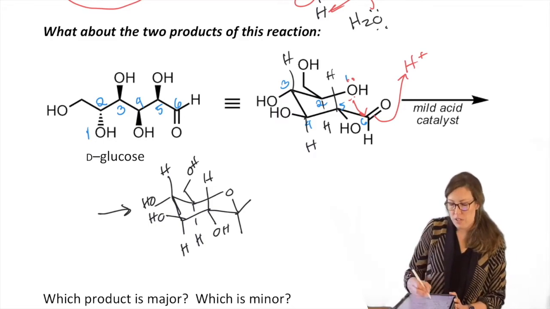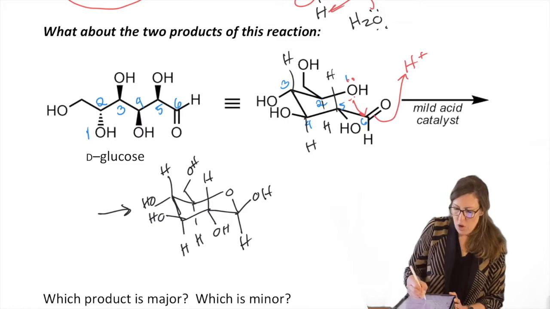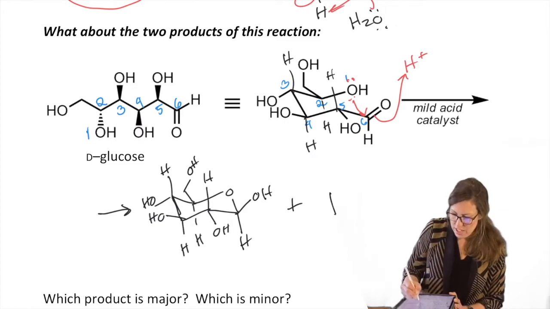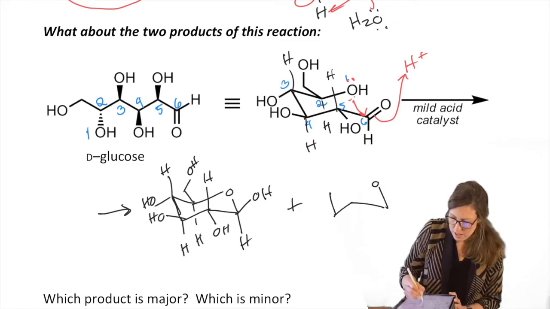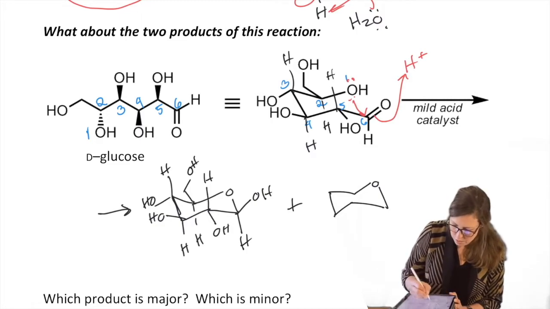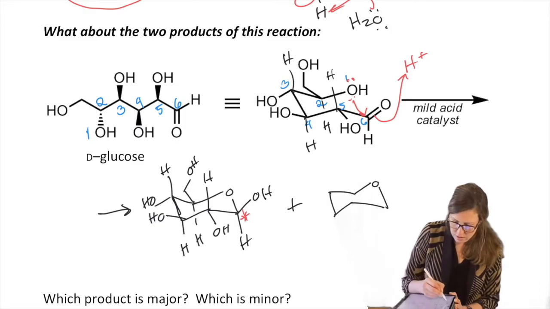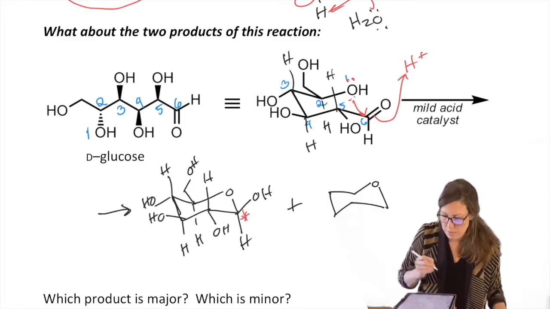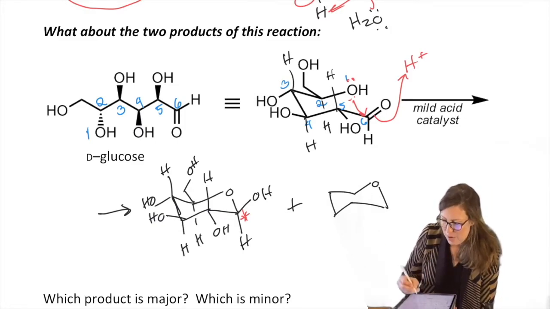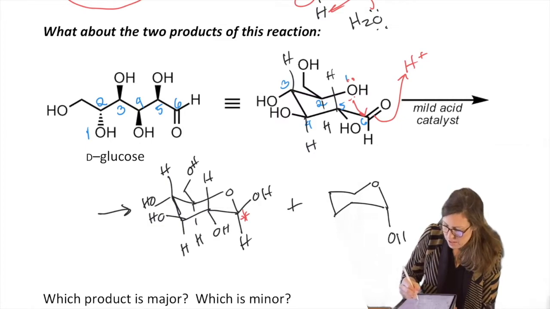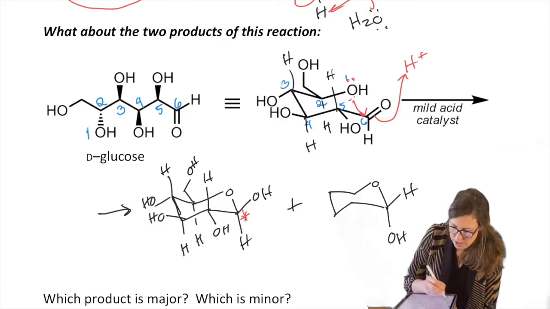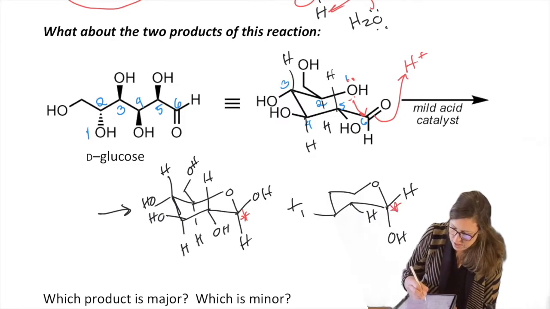Because we attacked, we don't know if we have this one or, let's draw the chair again. Don't worry, it's exactly the same except for that one carbon. So I'm going to put a little star here. Okay, so they're all stereocenters, but I'm asterisking that one for a reason. So we're going to have the opposite scenario there, just to make sure we do that right. Then copy the rest as is. I'm not going to draw the H's in this time. It's not necessary, unless you're just doing it for clarity.